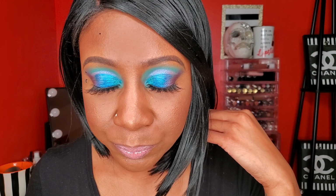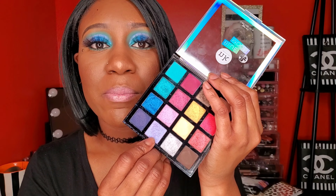This is the look that I came up with. This is not the initial look, well, kind of, sort of. I'm going to explain what I was trying to do. So at first I was gonna do a typical blue eye. I was gonna use this shade in my crease and then use these 2 shades on my lid and then just smoke it out with a black eyeshadow. But I wanted to do a halo eye, like a half cut crease in the middle. I used this shade in the middle, as you guys saw,